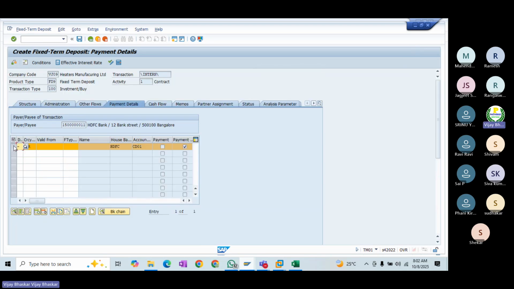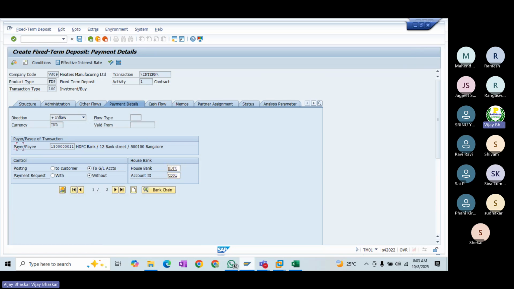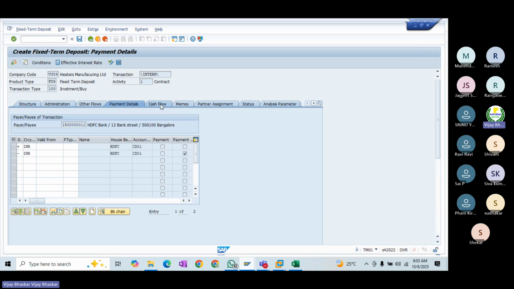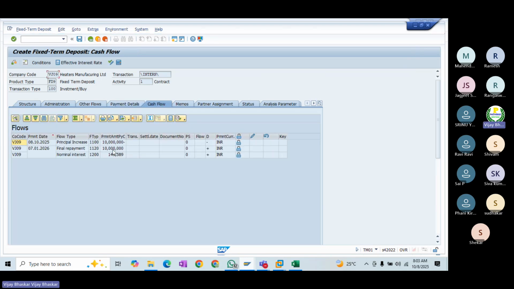Now let's create the inflow. Here, as of now, we are keying all the information manually. This also I can set up at BP level, I mean counterparty level, so the system populates it automatically. That we will see in the upcoming sessions. For incoming, sorry, incoming does not require any workflow. Let's select cash flow operations, what you can see here. The interest which is being calculated depends on that.